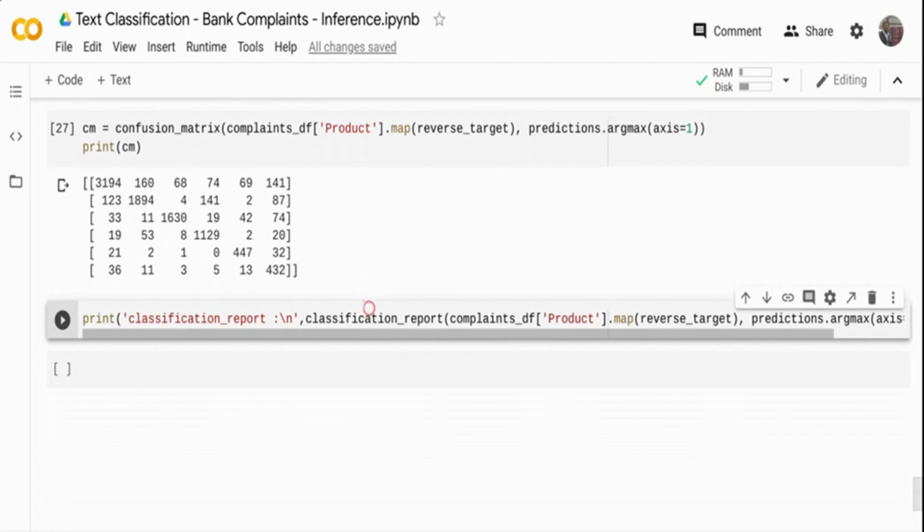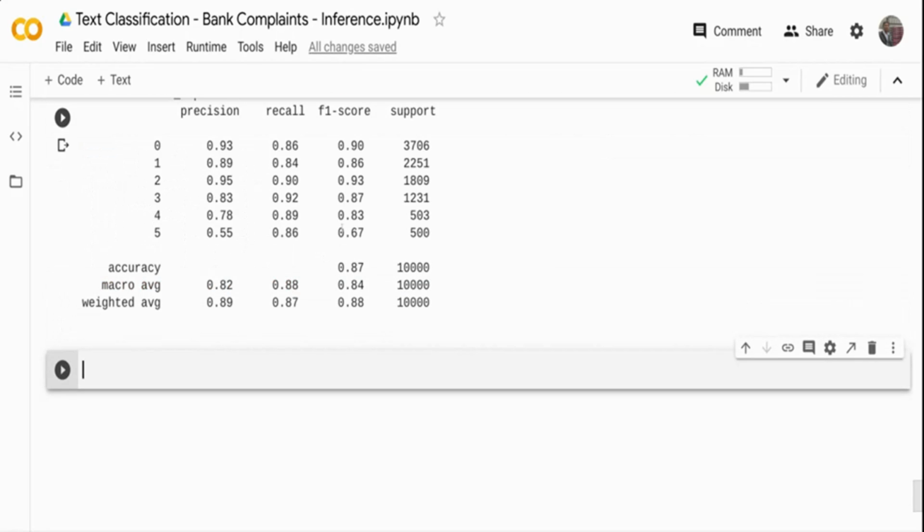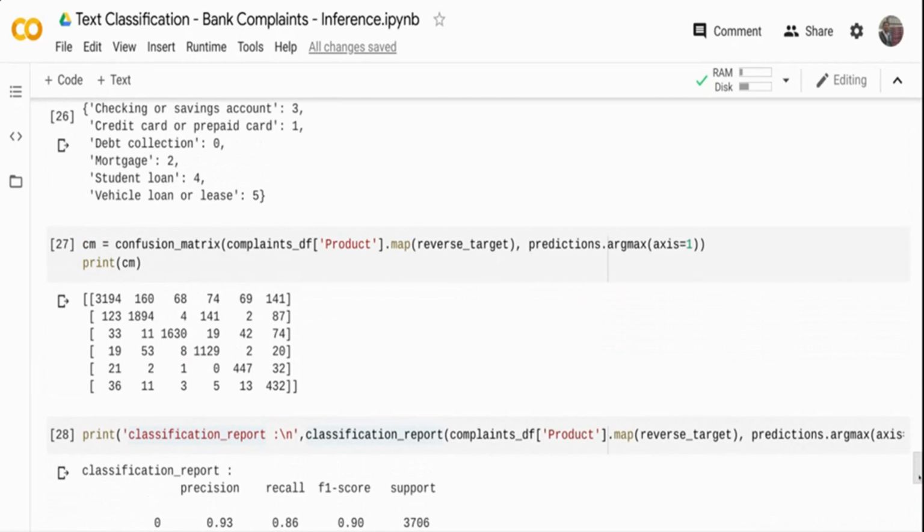And similarly, I'm also running the classification report over here. This will show me how that particular model performs. If you see the recall and all, it's around 80 to 86% for all the classes. We know it's a pretty imbalanced data set, but we assigned class weights, and that's why we got a somewhat decent model on the data, right?